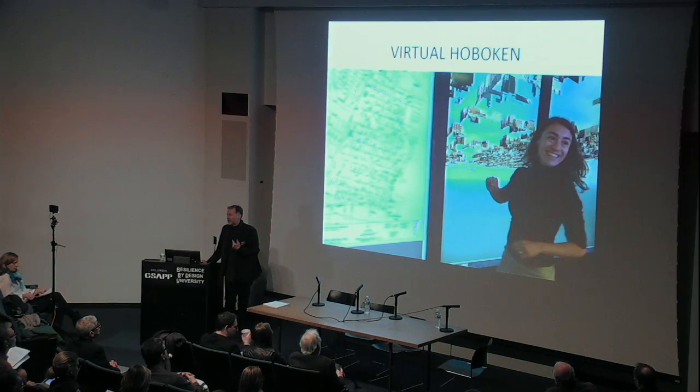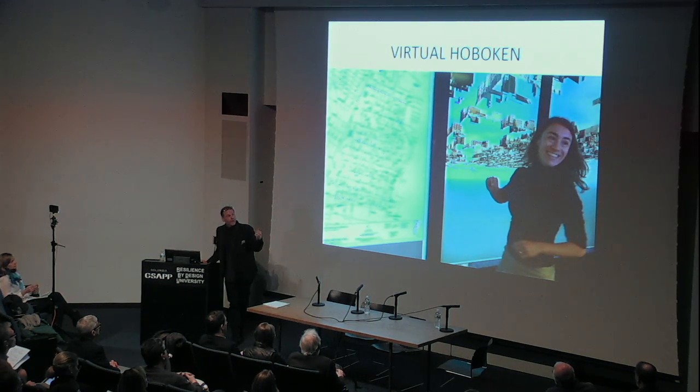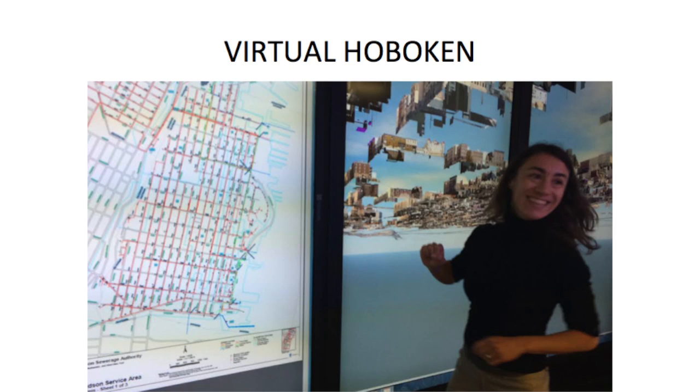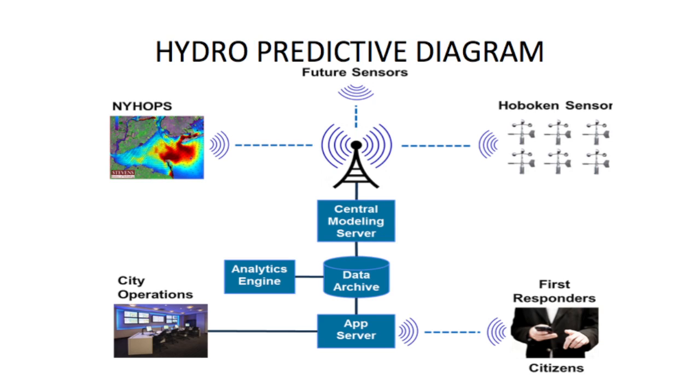Here in specific is what we're doing. Two years ago, Hugh built above ground. Last year, we built below ground. This is Professor Pijobe, who is a sewer expert. And we were going to try to build the sewer system of Hoboken in the model, and then link it to a larger system of data, both from our sensors in the water and new sensors we're putting up above ground, plus with sensors that we're trying to develop to go through the sewer system to understand its capacity for performance.